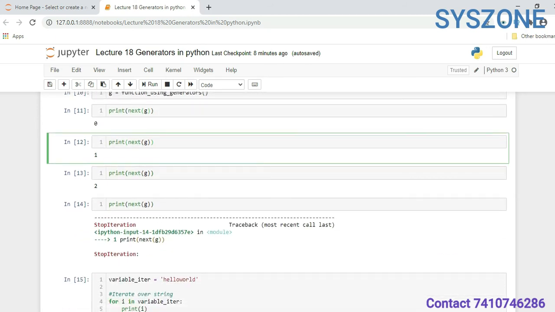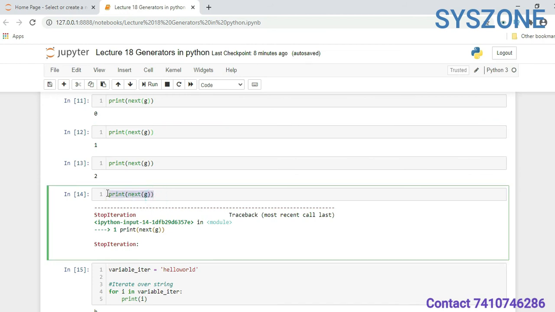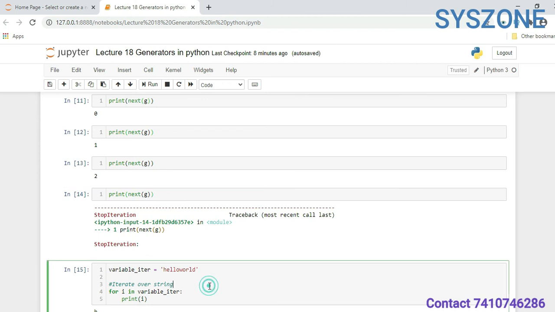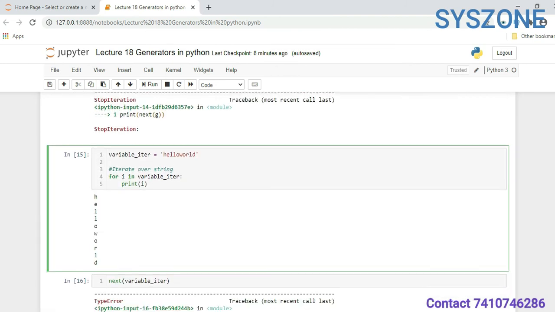Because in our generator we have values till 2, when the values have finished, it will give an error like StopIteration. Because there is no value for the generator to pick at the next step, it will throw this error.